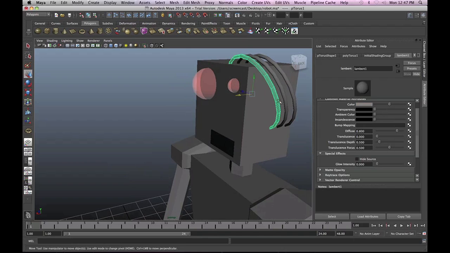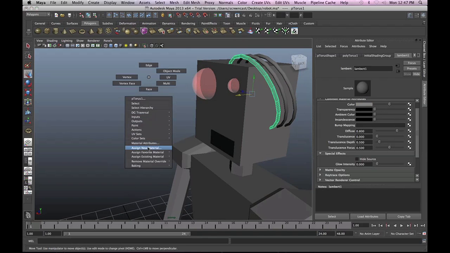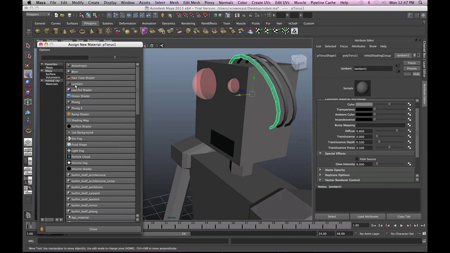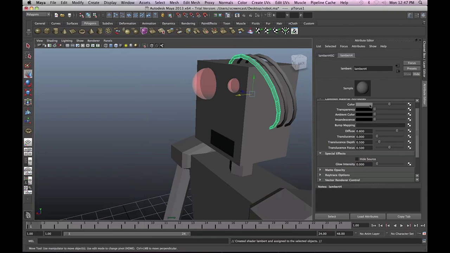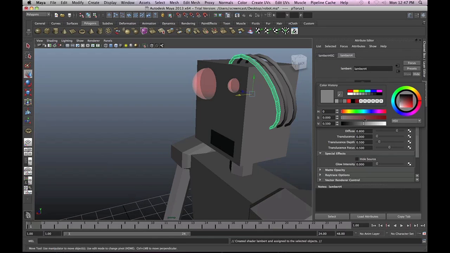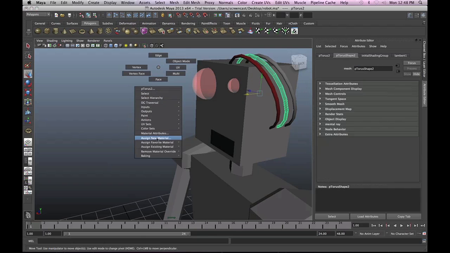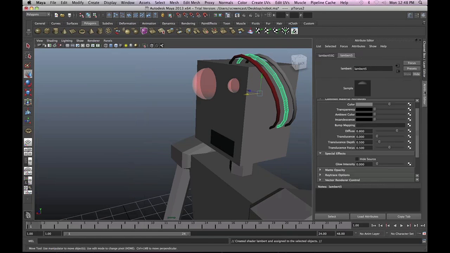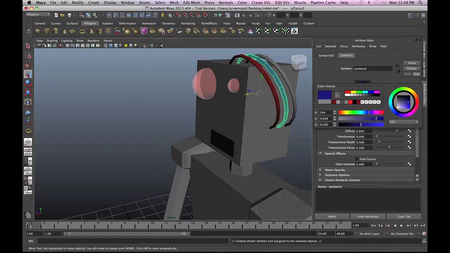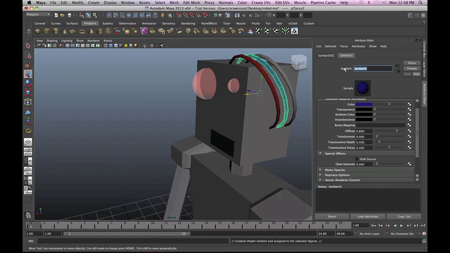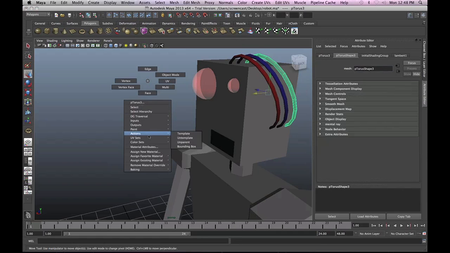For these wires, I'm going to go ahead and give them new materials as well. They're all going to be Lambert because wires are boring. But let's have one red. We'll call this red wire. We'll have this one be the blue wire. And then this one